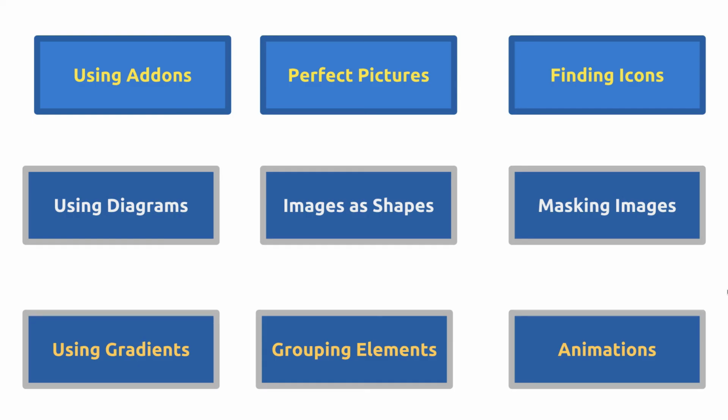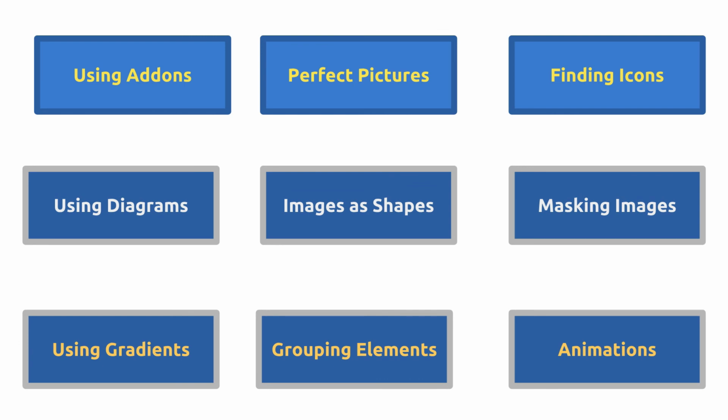There's so much more to say that I'm going to have to do a part 2 of this presentation. In the next part, I want to talk about using add-ons. Those are sort of extra little scripts that connect you up with other websites and extend the functionality of your Google Slides. What's really important is finding the perfect picture. So I'm going to give you my very extensive list of sites that I go to find Creative Commons images. And when I can't find the perfect picture, how to find just the right icon. And if I can't find just the right icon, how to find just the right diagram to express the concepts